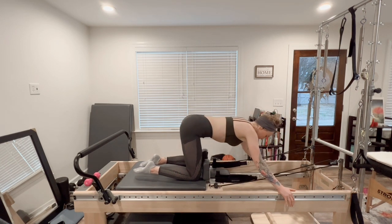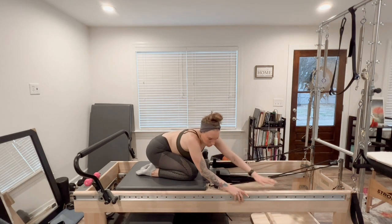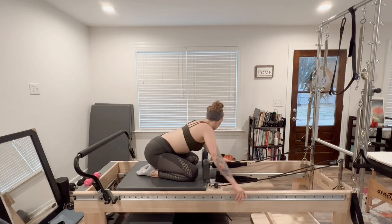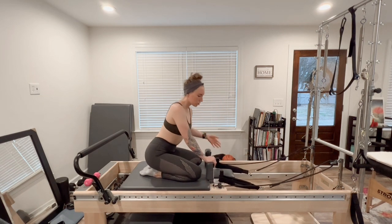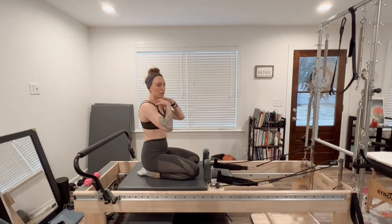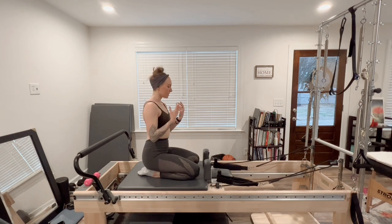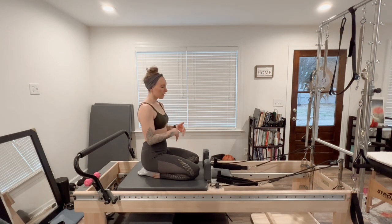Carriage comes home and sink back into your child's pose. You can wiggle your hips. You can reach your arms off to one side or the other, whichever feels good for you. Let your stretches, let your movement be a little intuitive once we take these restful periods or reset periods. So now if you need to roll out your wrists, get yourself set up as I demo